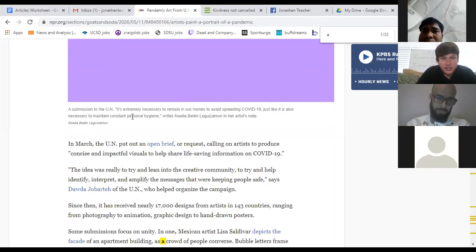It's extremely necessary to remain in our homes and avoid spreading COVID-19, just like it's necessary to maintain constant personal